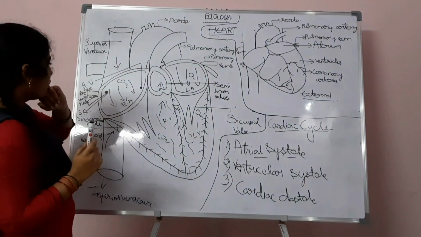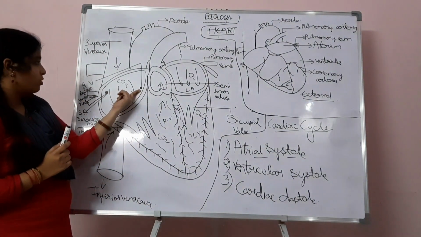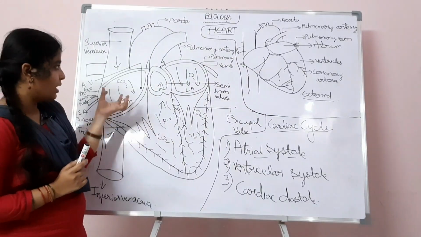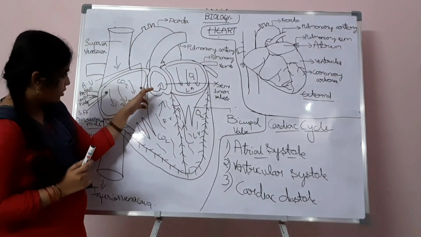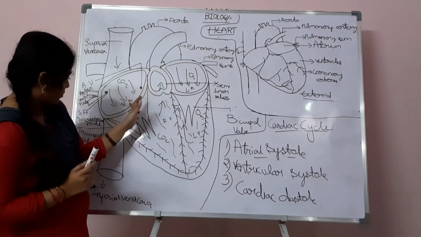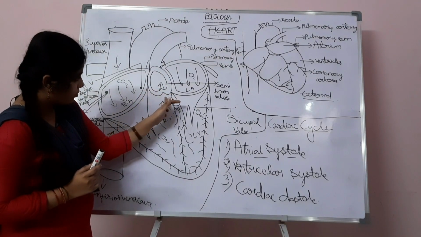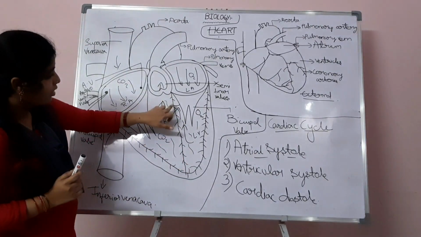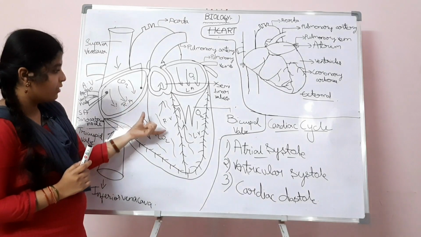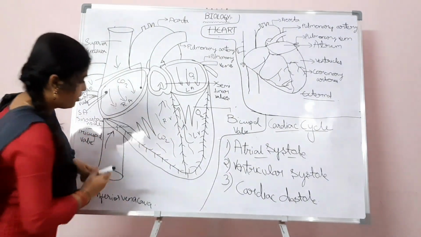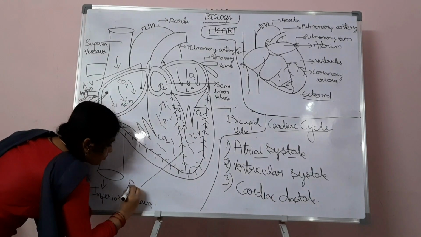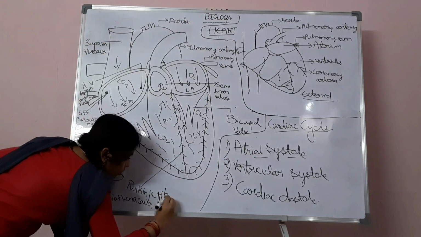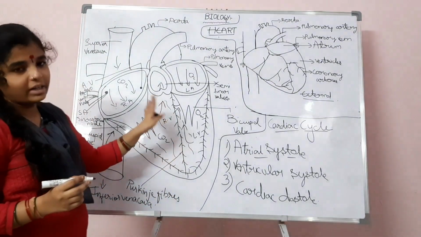Okay, here I missed a small point. These are the AV nodes I discussed. These AV nodes form bundles. From here it moves on to this valve, and then it comes to the interventricular valve. From here minute branches are derived. Those branches are known as Purkinje fibers, and these fibers help in contraction.